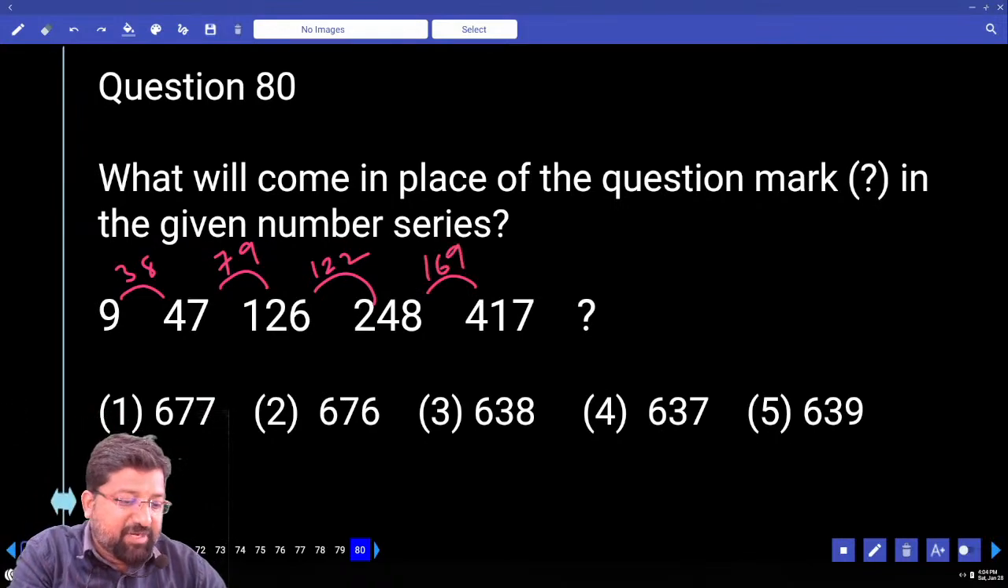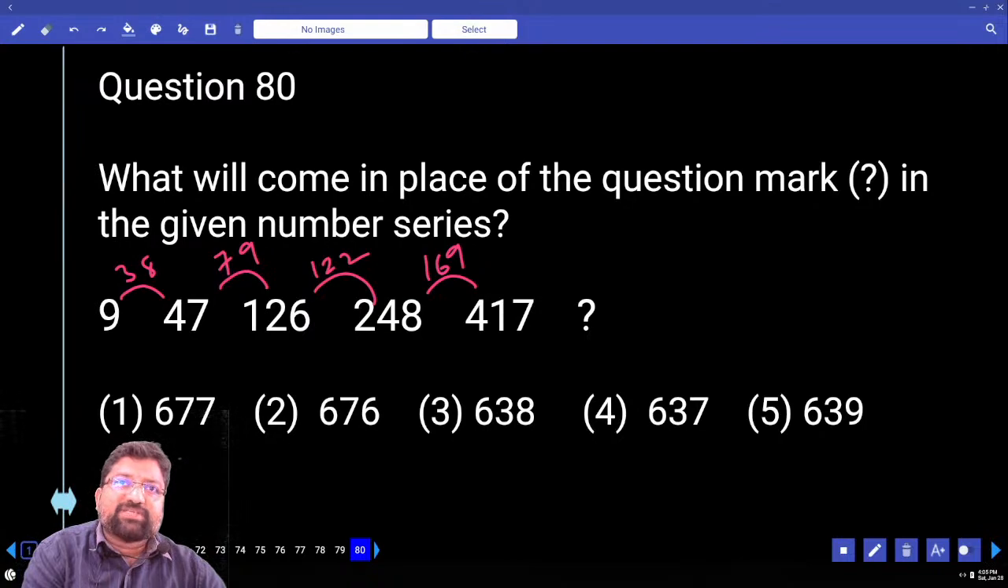I am unable to identify these numbers. They are neither squares nor cubes. They are not even in the form of n cube plus n, n cube minus n, n square plus something. When I don't understand anything, my immediate step is to go for